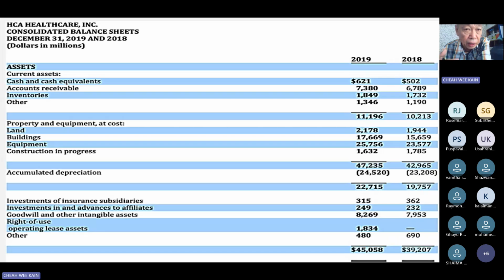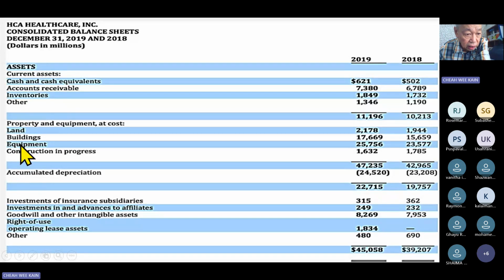Let's say, for example, Nestle has one company selling Milo and another company selling Nestle instant coffee. So two companies. By right, they will be consolidated as a group to show you the total Nestle financial statement. That's why we use the word consolidated. Sometimes they will show you 2 years. If they only show 1 year, then you have to pay for the second year data. These are the types of assets, current assets, cash, or whatever it is.